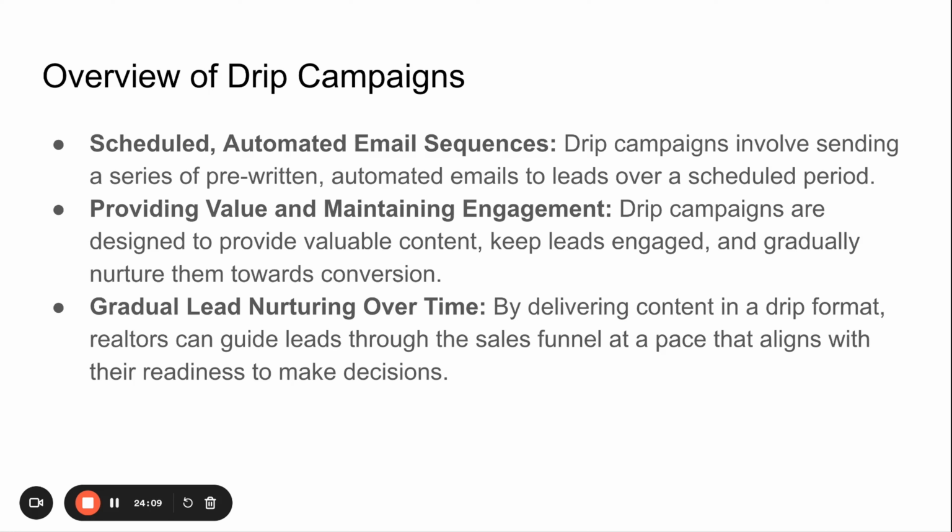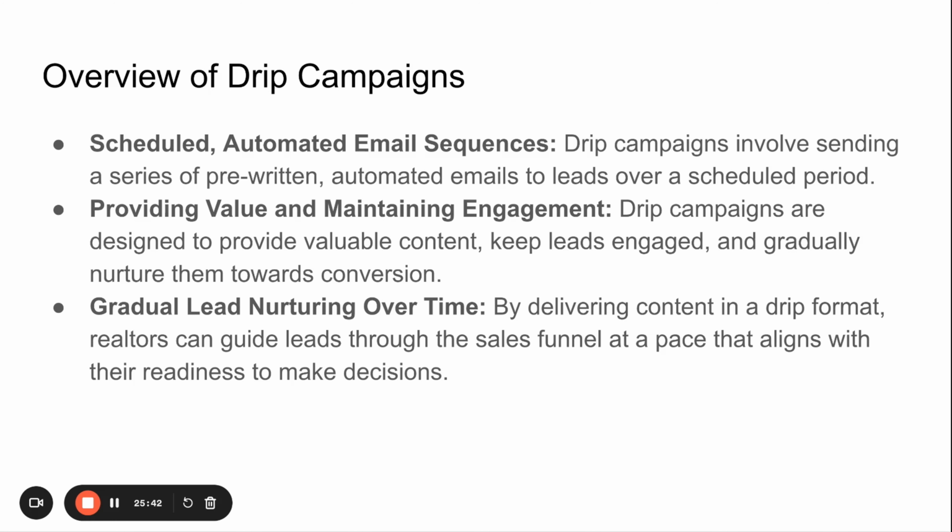the lead is. And now, since this is pre-written, you want to have different campaigns. So you want to have something pre-written for sellers, something pre-written for buyers, and then within that buyers category, you want to have a sequence for first-time home buyers, maybe a sequence for investors, things like that, because you don't want the wrong information going to the wrong person. And when you have the information tailored to the right person, you'll be able to nurture them better and get them even warmer over time. And again, this is also a time saver, and you get to control the pace at which the lead moves